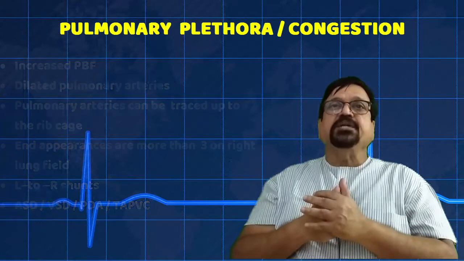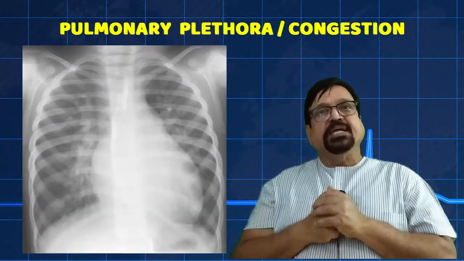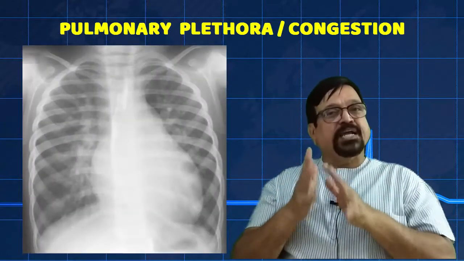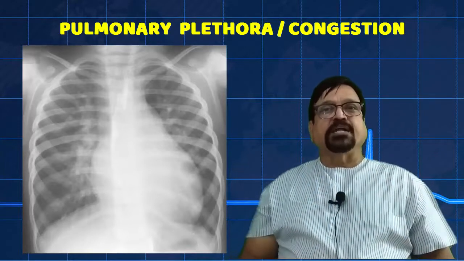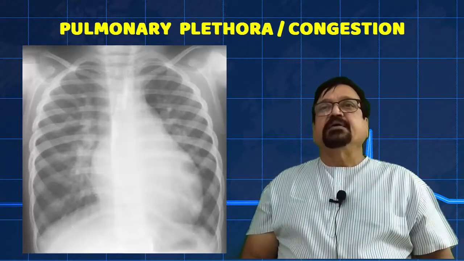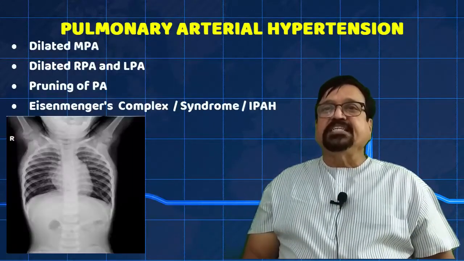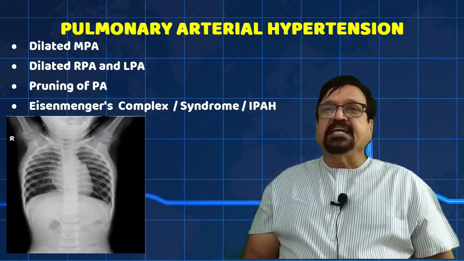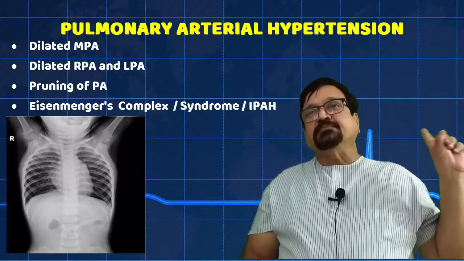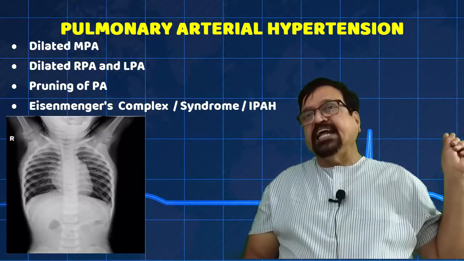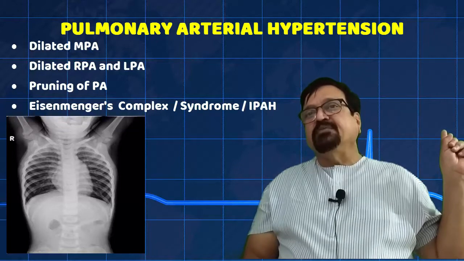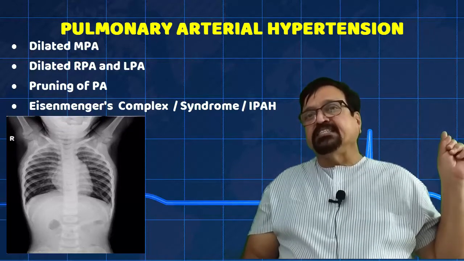Now, in which condition do we get plethora or congestion? We get it when there is increased blood flow in pulmonary circulation, like ASD, VSD, PDA, or total anomalous pulmonary venous congestion. Now, in this patient we are seeing pulmonary hypertension. If you see carefully, you will see the aorta is hypoplastic. Look at this pulmonary artery, it is bulging. Bulging of this pulmonary artery is an important sign here. Then we are seeing slight right ventricular dominance, and if you see here, there are some congestive perihilar changes.